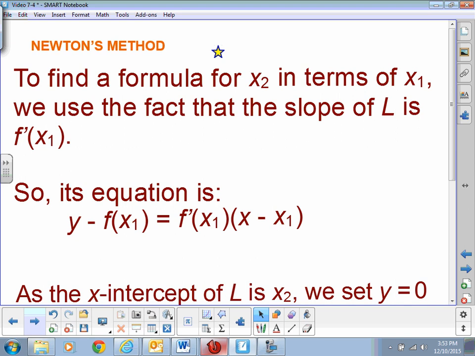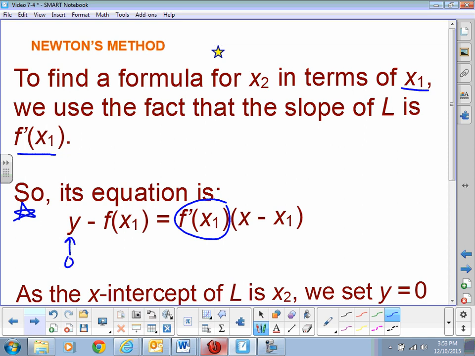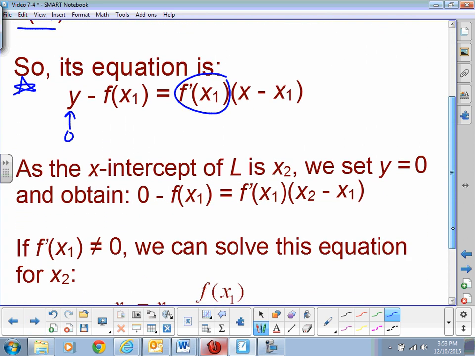So let's look at this equation-wise. We said we had some point, x1 and f of x1, which was our point on the curve. And our derivative at that point will give us the slope. That's our f prime of x1. So here's our equation of the tangent line for that first tangent line. We've got y minus our y value equals our slope at the point times x minus the x value. Now the thing we want to find is our x-intercept. For any x-intercept, y is always 0. So if we replace that y with a 0,